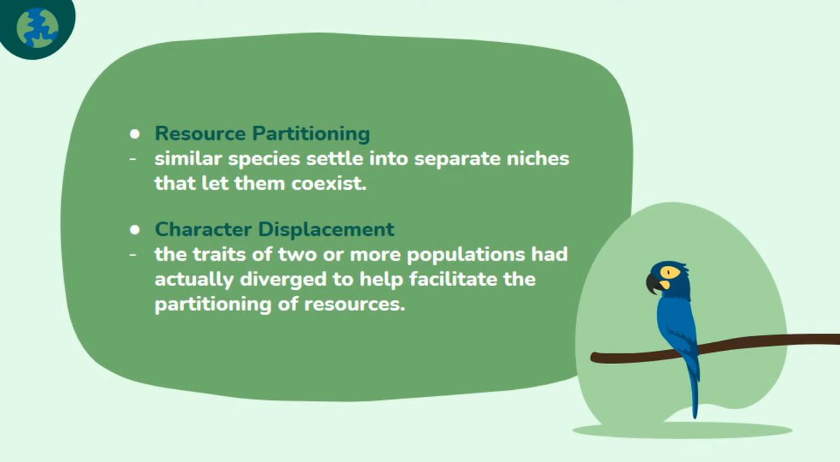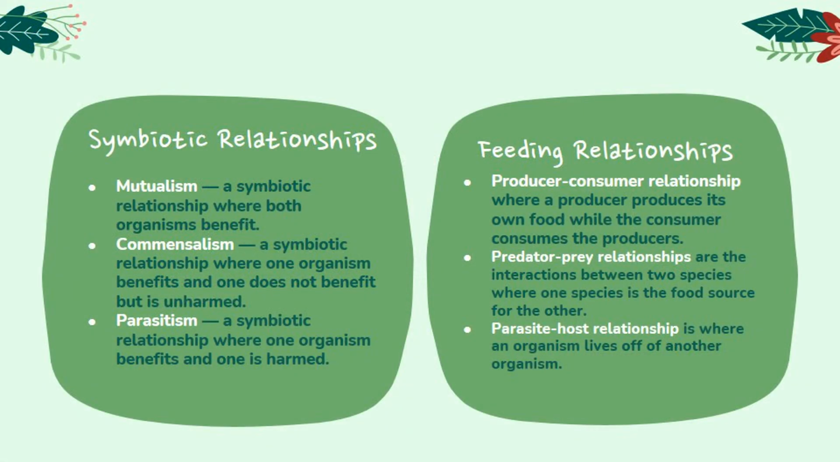Character displacement happens when the traits of two or more populations have diverged to help facilitate the partitioning of resources. But there are also kinds of interspecies interaction in which species actually join forces in order to survive. In ecology, symbiosis is a close ecological relationship between the individuals of two or more different species. In these cases, species in a community manage to avoid competition, with benefits to one, if not both, of the